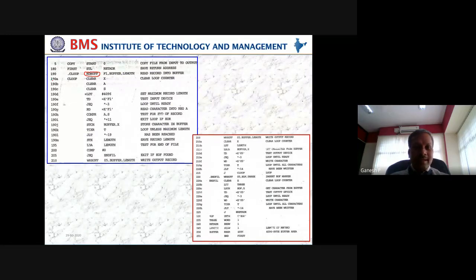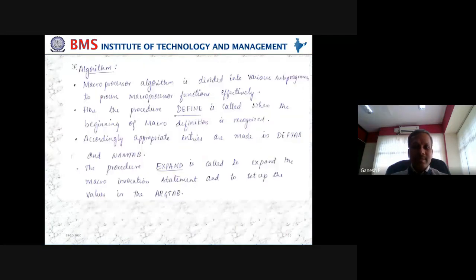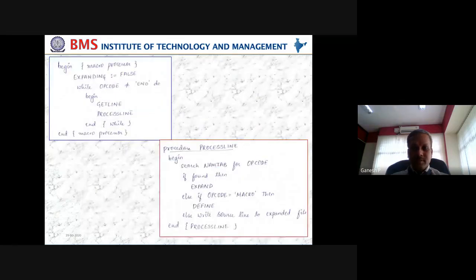If you look at the characteristics of our program, the third column is going to be opcode. That opcode is what we are going to have as a name of the macro here. So name of the macro is existing in the opcode place. So that's what we are telling. Search for that particular name tab if the name is already existing, just to make sure that there is no duplication. If it is found, that is, you have found that particular opcode in the name tab, it is there. That means the name is available.